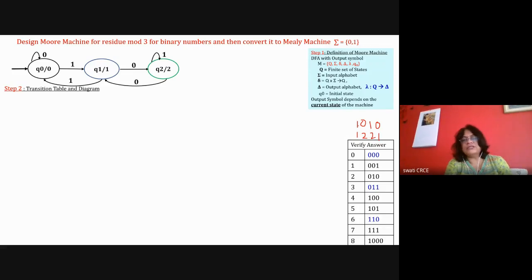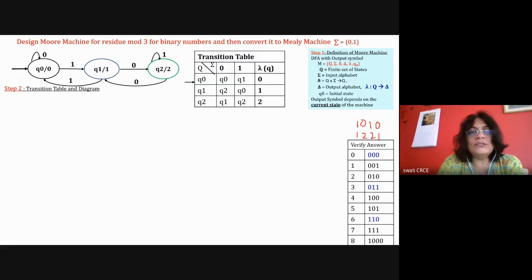And for every digit it is telling you what the remainder is, and whether it is divisible. Okay. So this is done. Now draw the transition table. For the transition table, you take all the three states Q0, Q1 and Q2. Take the two input symbols 0, 1. Write down the states.